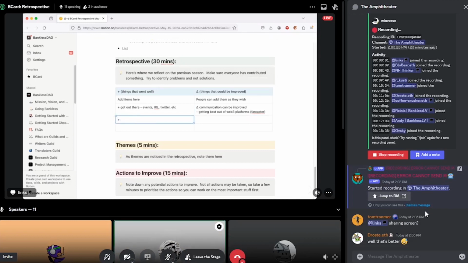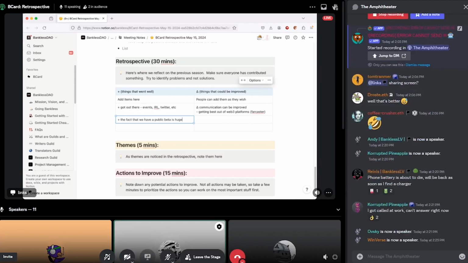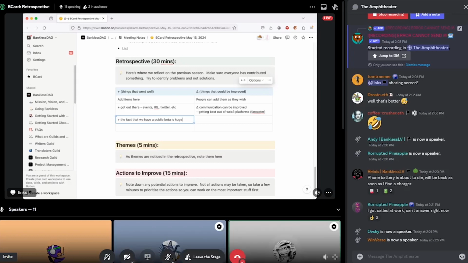I have another plus. I think that the fact that we have a public beta is huge. In general, there's not a lot of reason for people to use it unless you're in Nouns, right? And you care about dogs. That's the only reason to use it right now, and the invite codes aren't quite active. So we have a public beta, although it's not really that useful for people yet. When we get that frame out with claim codes and everything, then we could be there. But I do think it's still a big thing that we have a public beta. We have a card out there that people can use.